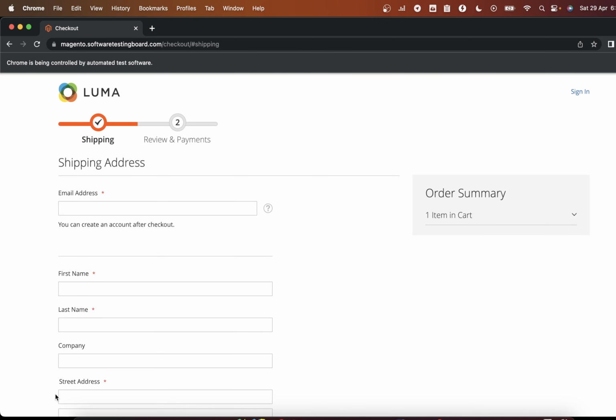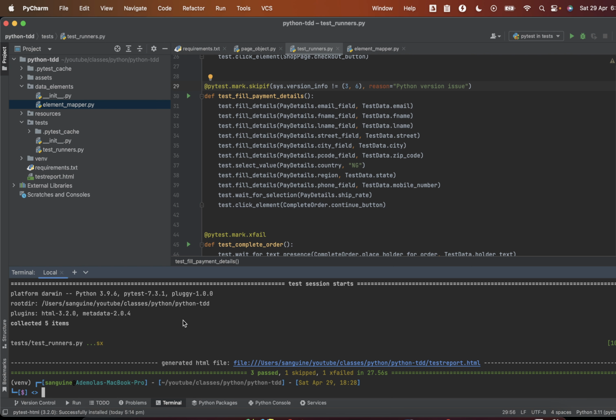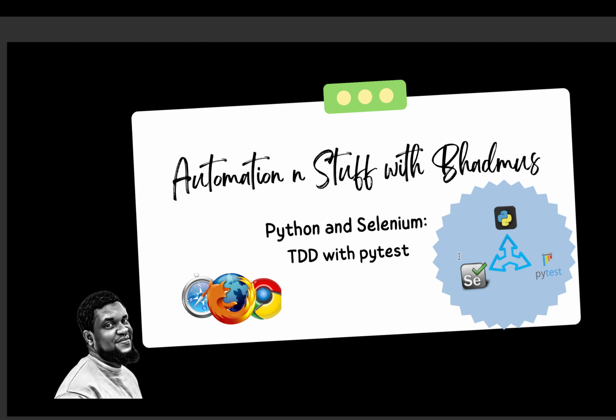So let's see what's going on in our code now. Yeah, it's about to skip it. Yes, it has skipped it because that version is different. So that brings us to the end of this. In the next video, we'll be talking about parameterize and how to use parameterize. Then after that, we'll talk about fixtures, and we can say we've done enough about